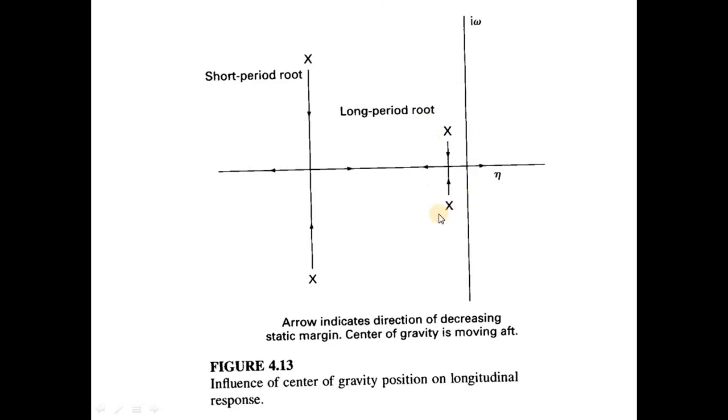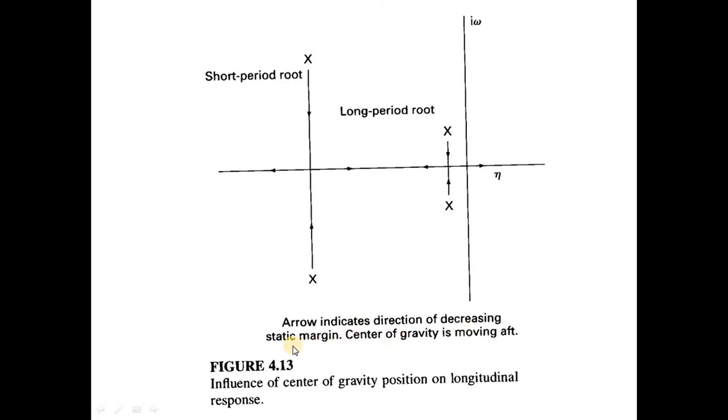So ini long period, and ini short period. Okay, jauh, meaning that the natural frequency dia besar, undamped natural frequency dia pun besar. Okay, and the angle is less, meaning that the damping ratio dia besar. Okay, lebih besar. Now, the arrow ni yang ada kat sini, plot ni, nampak macam root locus ni, indicates the